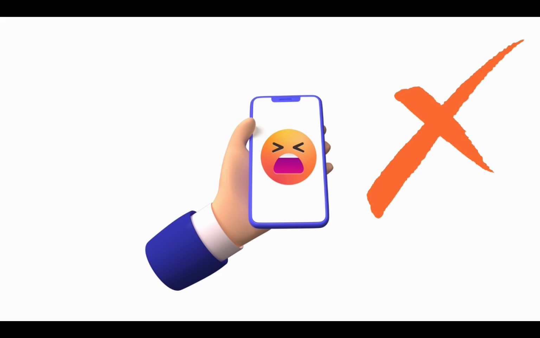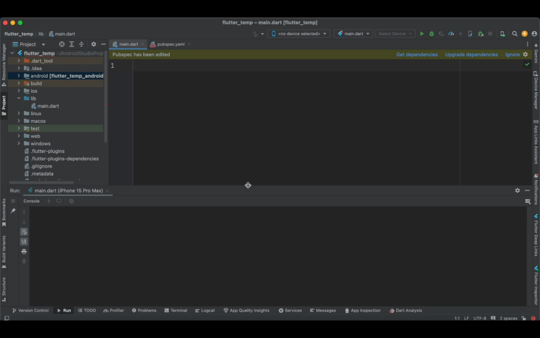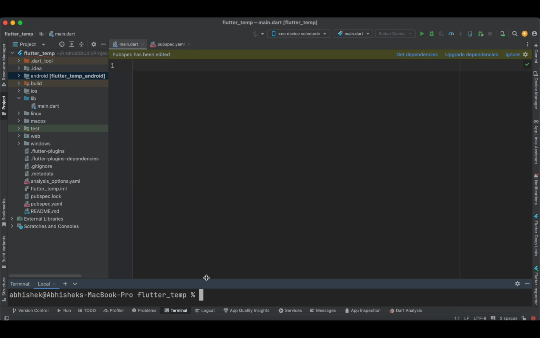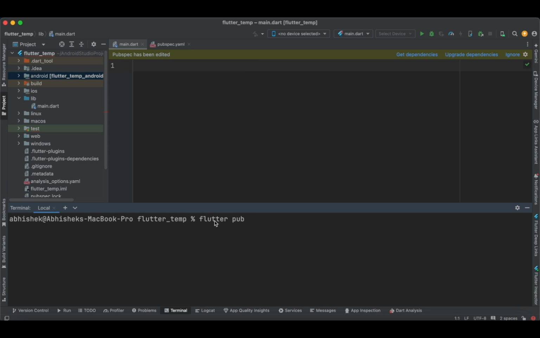So now let us try to implement this particular functionality in this part of the tutorial, and I am going to show you the simplest and easiest way possible, using which even a beginner can implement this in their application. The first thing I'm going to do is add a plugin over here. So, flutter pub add internet